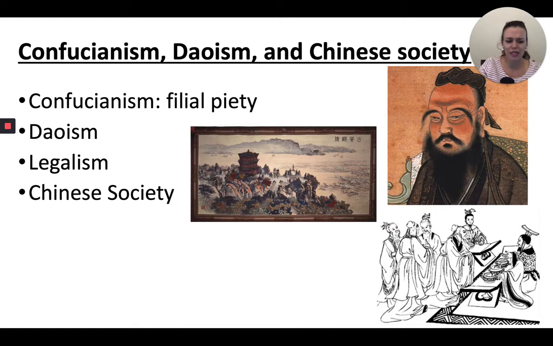It's humaneness, this universal sense of benevolence and compassion that should pervade every action. So he's really going to value practicality, right? If everyone kind of knows their proper place and how they should relate to each other, and they're focused on sort of serving the greater good, doing their job, then society's going to run so smoothly. So Confucius